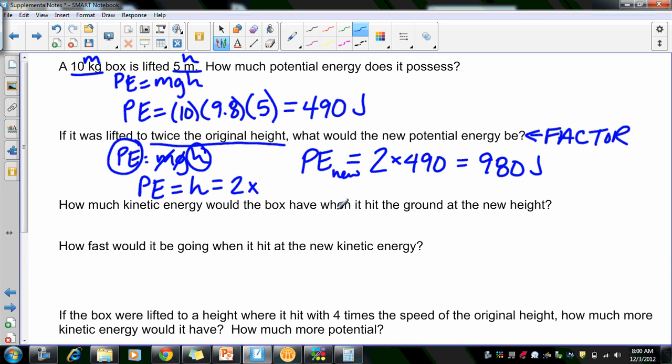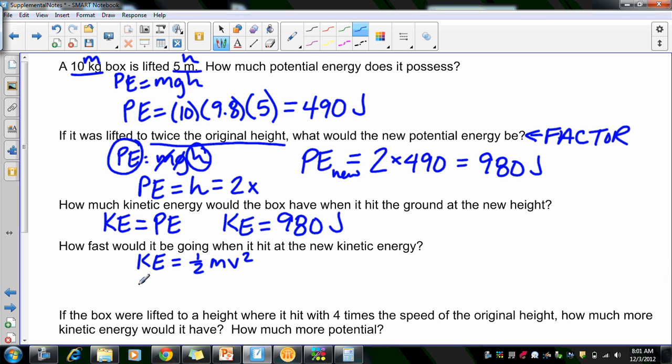How much kinetic energy would the box have when it hits the ground at the new height? So again, kinetic energy when it hits the ground will be equal to the potential energy it had at the beginning. So if we started with 980 joules of potential energy at this new height, then we will have 980 joules of kinetic energy when it hits the ground. How fast will it be going when it hits at the new kinetic energy? So that will be our kinetic energy equation, 1/2 mv squared. So 980